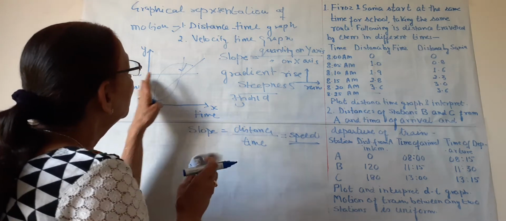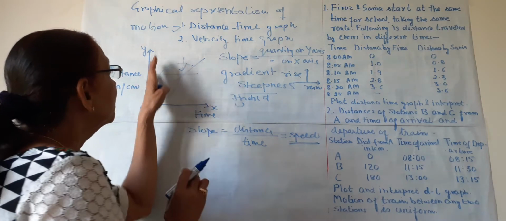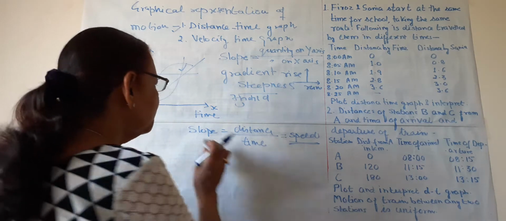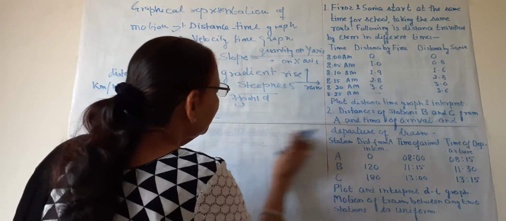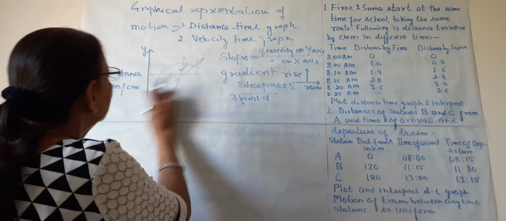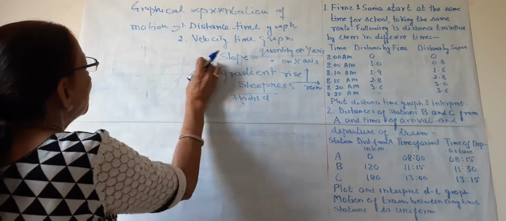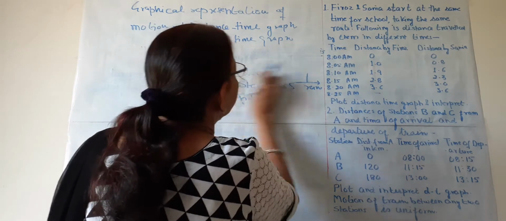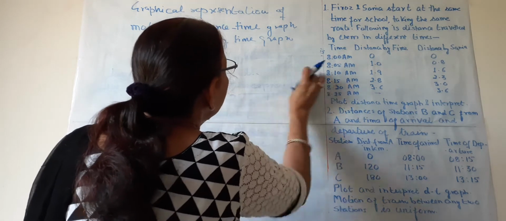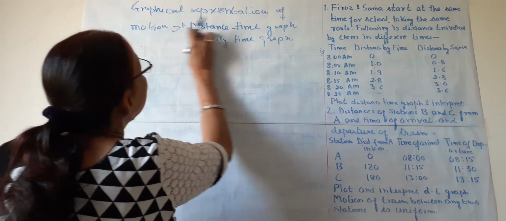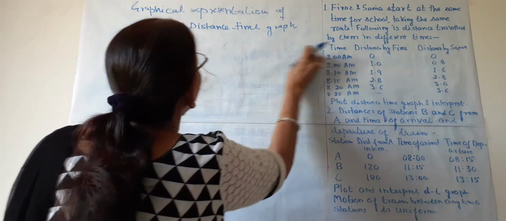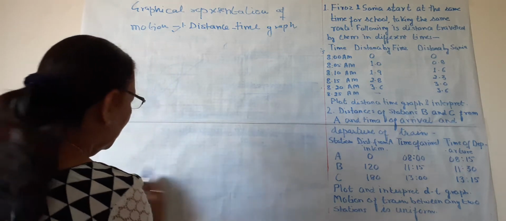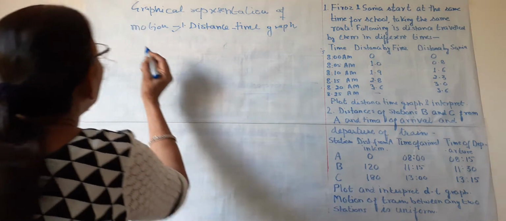We can know the speed of an object by plotting a distance time graph. There are different types of DT graphs based on the motion of the object. The object may move in different ways and there are different graph lines of this DT graph. We will study 4 cases.